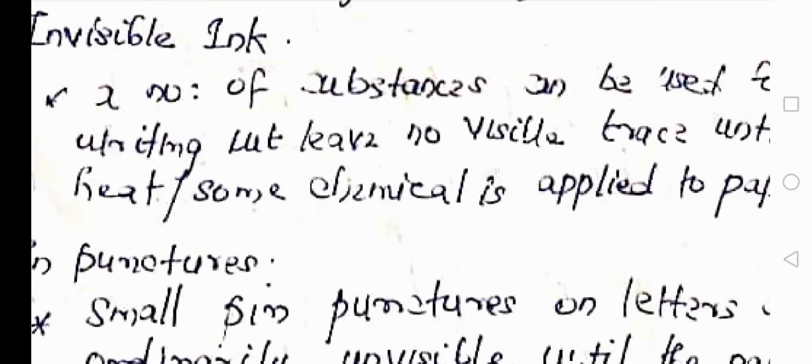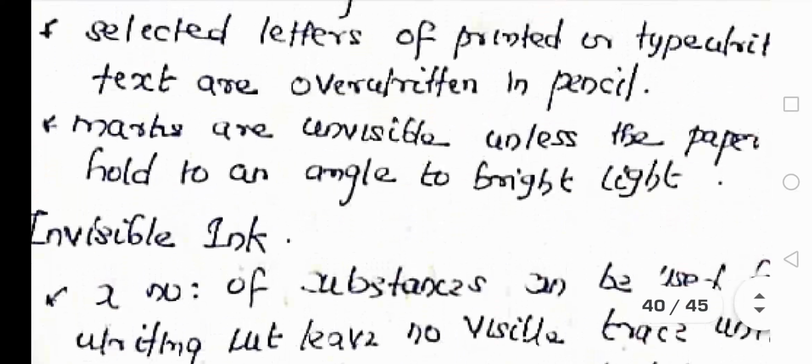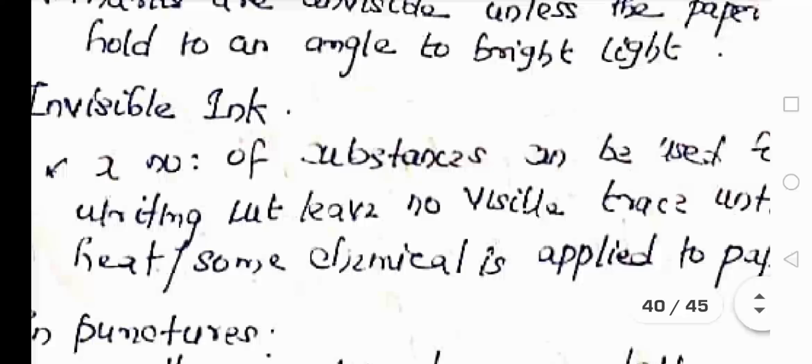If you want to identify the actual content of that message, some other chemicals have to be applied, or some type of heat has to be applied, to reveal the message written by the sender. That is invisible ink. So in the case of character marking, simply pencils were used to edit the letters of the message from the top. On the other hand, with invisible ink, we use some sort of chemicals.